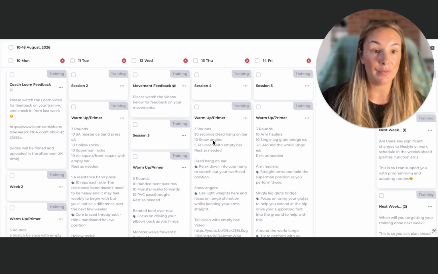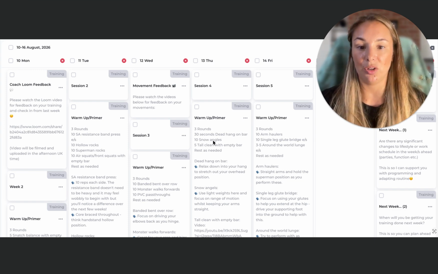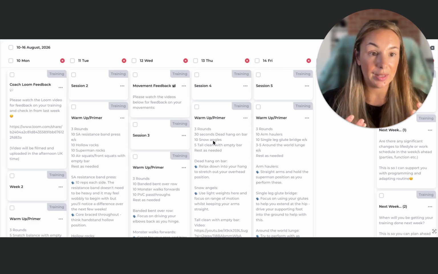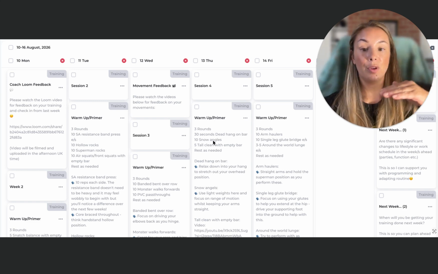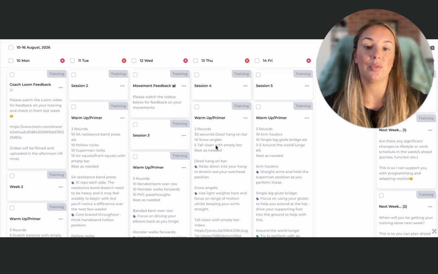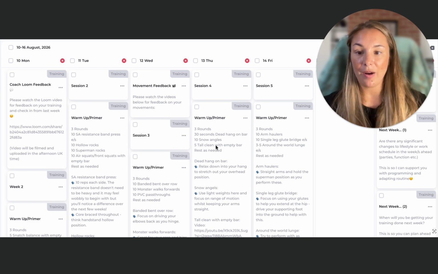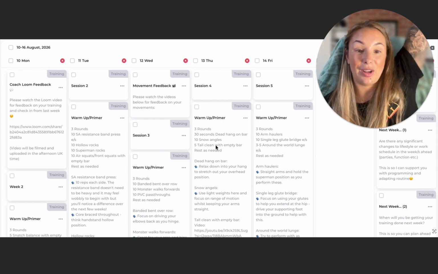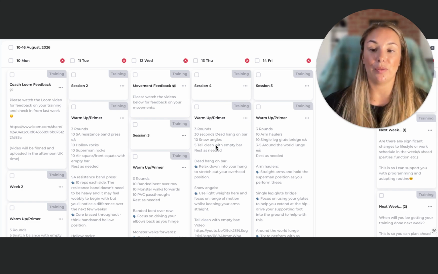They get us ready for the session, but I also tend to include things that are going to help prevent injury. Generally we'll keep these the same for a few weeks so we can actually see improvements, unless anything glaringly obvious comes up in the way somebody's moving. For example, with things like dead hang on a bar, we improve their dead hang time. We also improve the position, hopefully going from being a bit tight in the lats to being able to relax down a lot more. And that only happens if you work on something over a series of weeks.